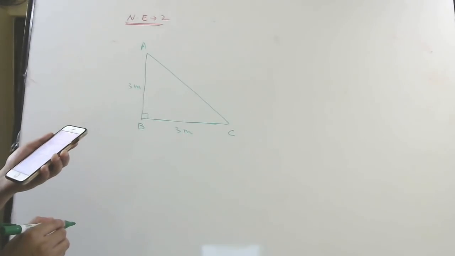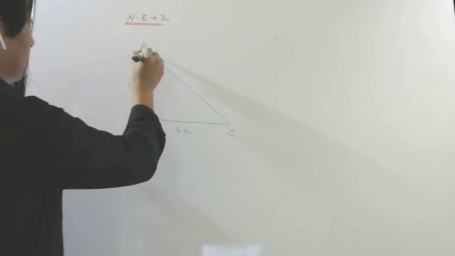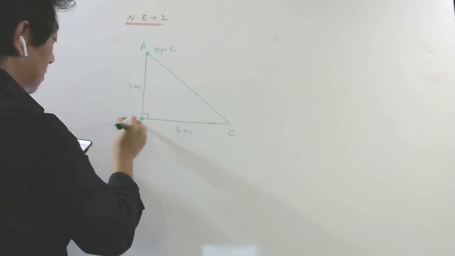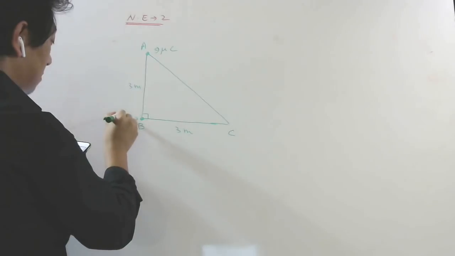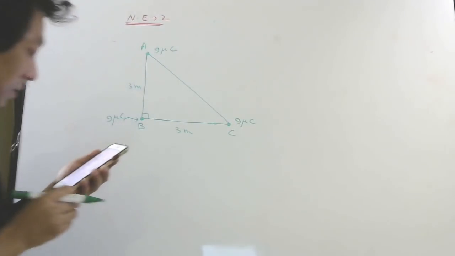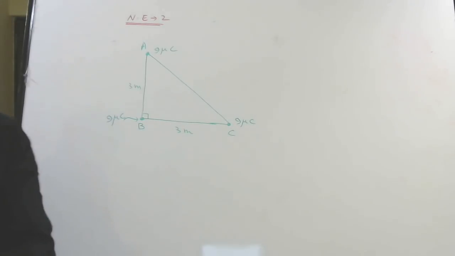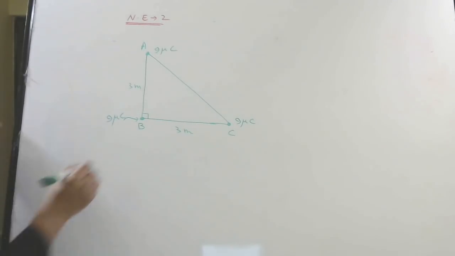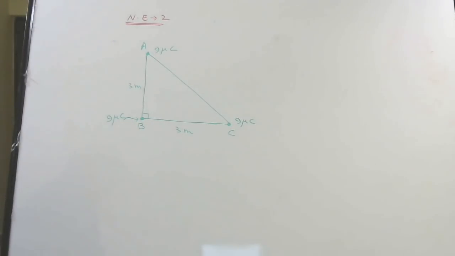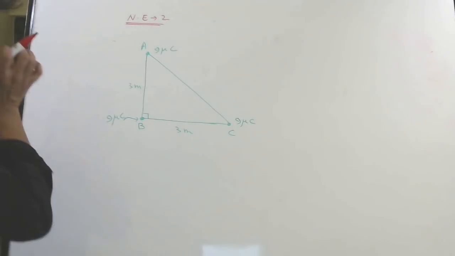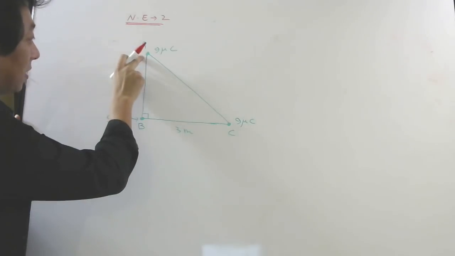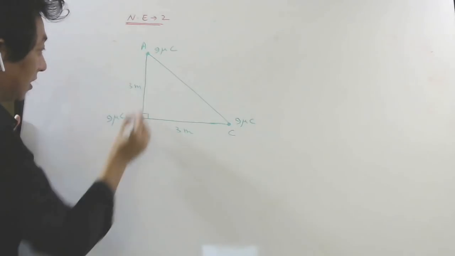Now, charges of 9 microcoulomb are kept at the corners. So here 9 microcoulomb, here also 9 microcoulomb, and here also 9 microcoulomb. They want you to find force on charge at B here. So you have to find force here. So same technique you have to apply. First find the direction. So all are like charges. So this will be repelled by this along this line, joining the charges.